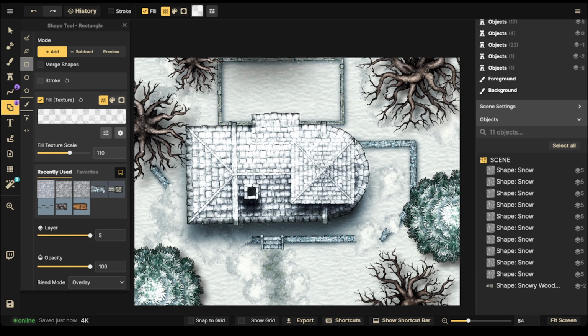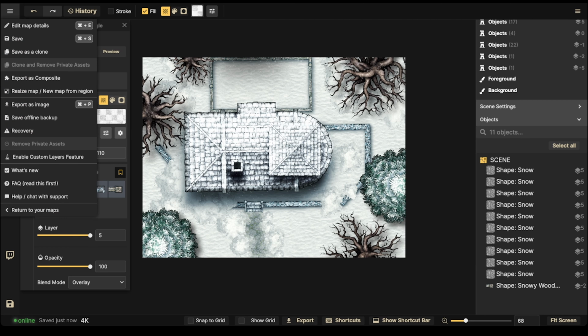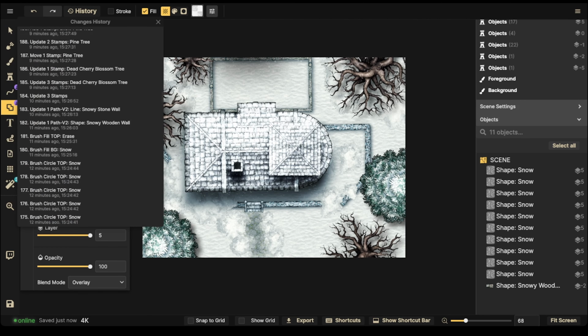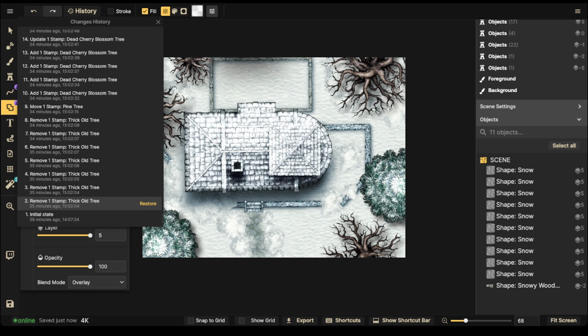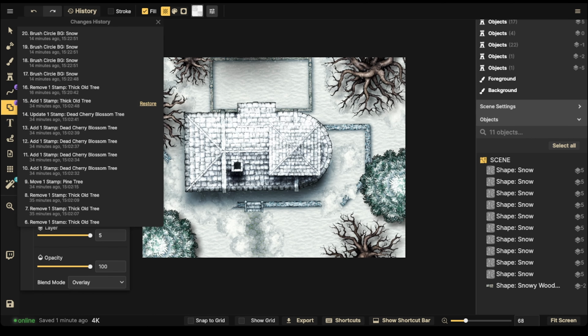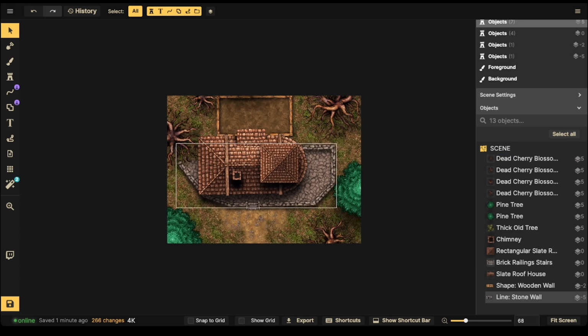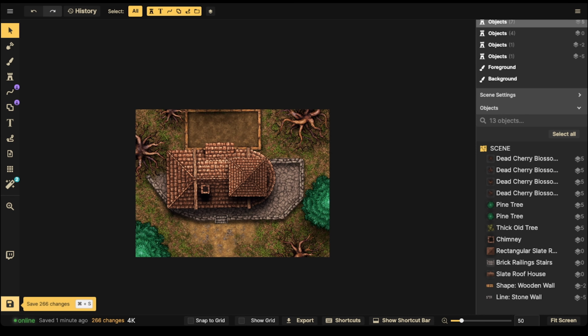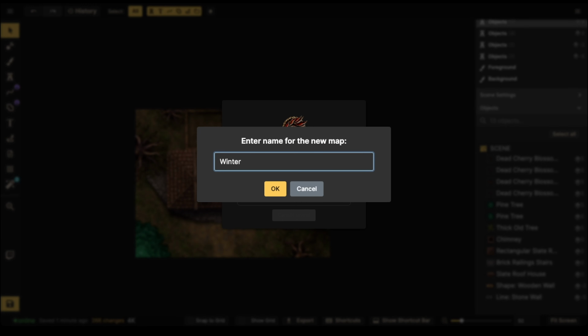Really like that. Okay, so now that I've done that, I can move on to that next one, which is spring. Okay, so what I'll do next is I'm going to go back into my history and just kind of remove everything in my history. Initial stage. Let me make sure that I got this right. Let's remove that. Restore. There we go. Great. And then here we go. I'm just going to go ahead and save this itself. Save as clone, and we're going to call this